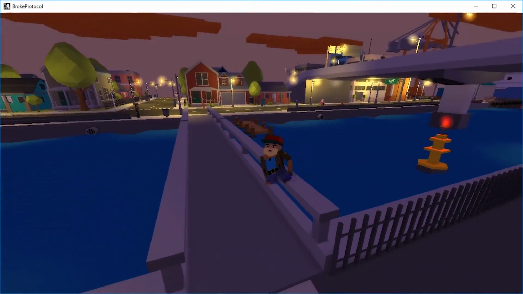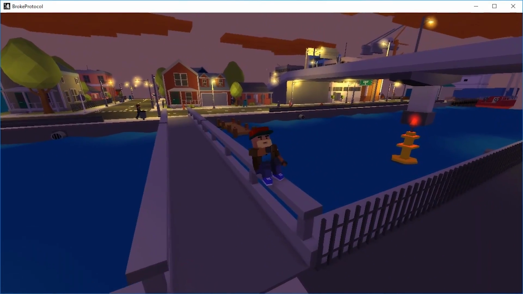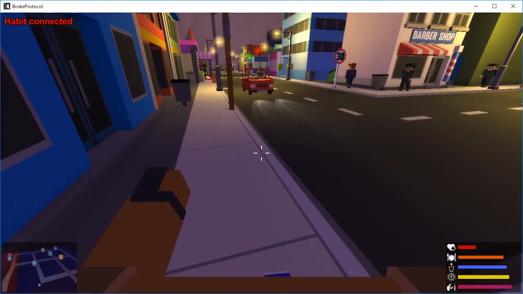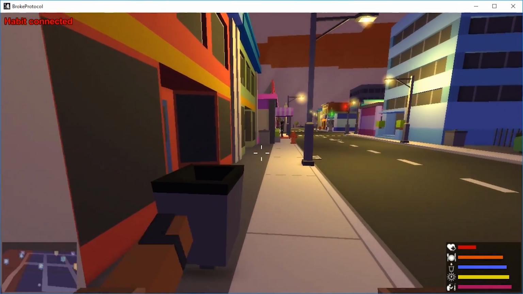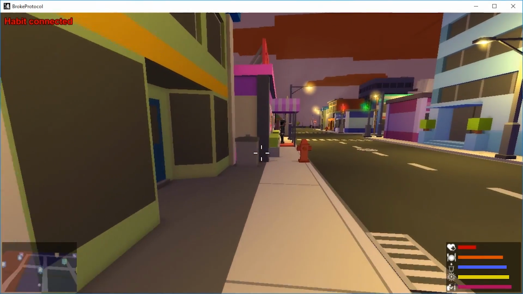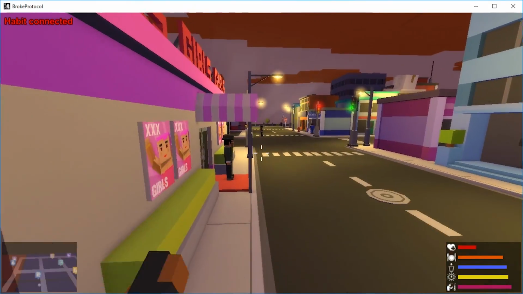Hello and welcome. I'm going to show you how to host your own Broke Protocol server. You can play games with your friends and make them all admins. You can have public servers, you can have closed servers, you can control how many players can join, all using